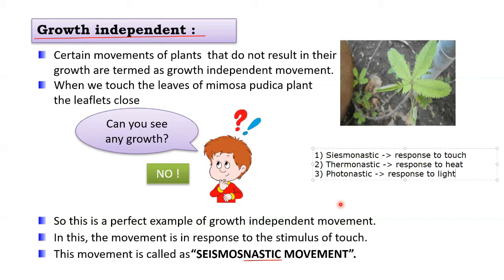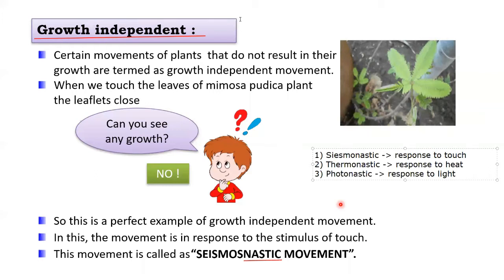to light. Okay, so Manish ने जो example दिया था, that opening of a bud of lotus flower during sunrise and closing of it during the sunset is an example of photonastic movement, right? So the lotus is not growing at all, but still it is showing some movement when it was opening its bud, right? जब उसका पूरा जो फ्लावर था जब खुला तो ऐसा मूवमेंट दिखता है, जब बंद होता है तभी मूवमेंट दिखता है. And that is because of what? Due to the presence of sunlight, and that will be an example of photonastic movement.